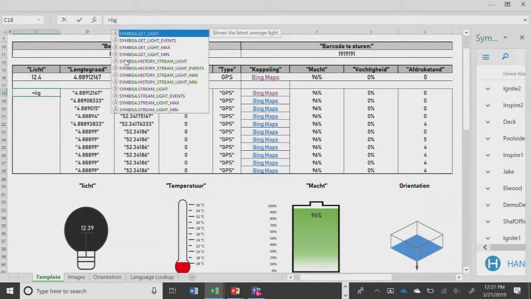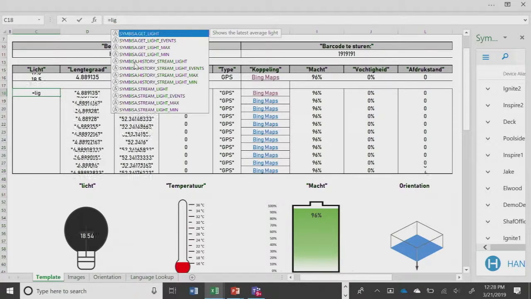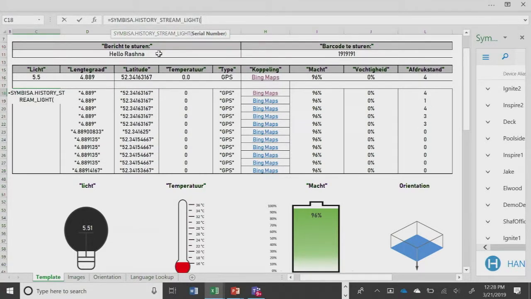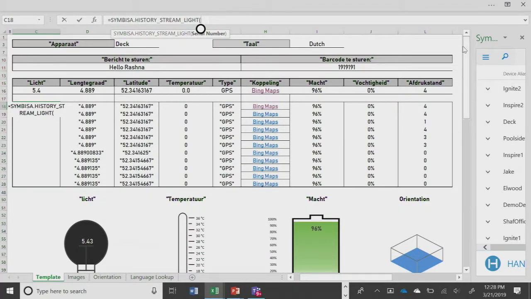So I can actually, let's see, I'm looking for light, and I guess the point here is that not only am I going to use a custom function, but I'm going to call an array when I do this. So when we built these custom functions in, we actually predetermined that a spill range of 30 cells would take place when we do this. But if I do stream, let's see, light, I am going to do history stream light right here. And then I need to go up here and get the device name, because you can alias these devices.